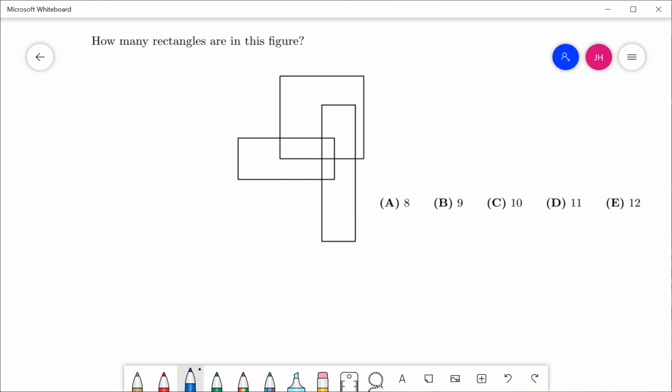In this problem, we are going to count the number of rectangles in this weird figure. Okay, this is obviously a counting problem. Before we dive into this problem, I want to give some advice to all students who are studying the counting